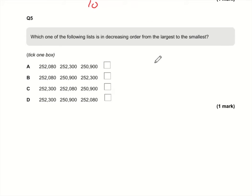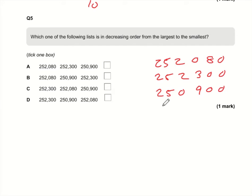Okay, so we want to put these in decreasing order, largest to smallest. So let's copy out from A 252080, 252300 and 250900. So this column here, 222, can't tell them apart. This column here, 555, can't tell them apart. Here we've got 220,